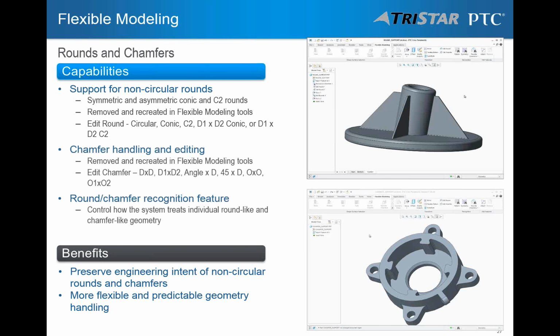We also have now the ability to handle chamfers and edit them. Again, these are removed and recreated during the operations. We have all the chamfer options that we have in the traditional modeling sense. Two-dimensional, angle, 45-degree by dimension, and so on. And we have the round chamfer recognition feature, which allows us to control how the system treats individual round-like and